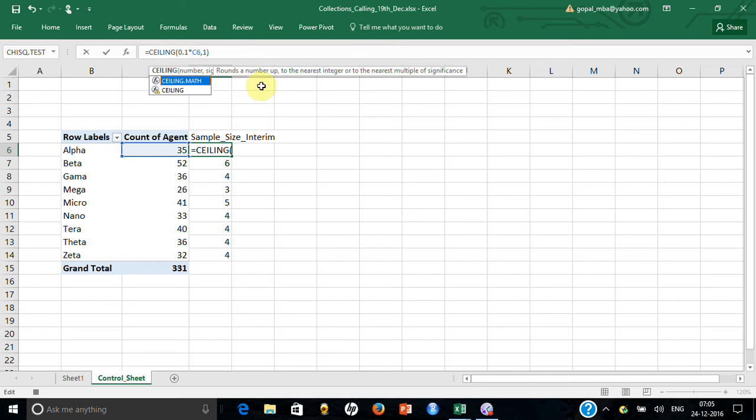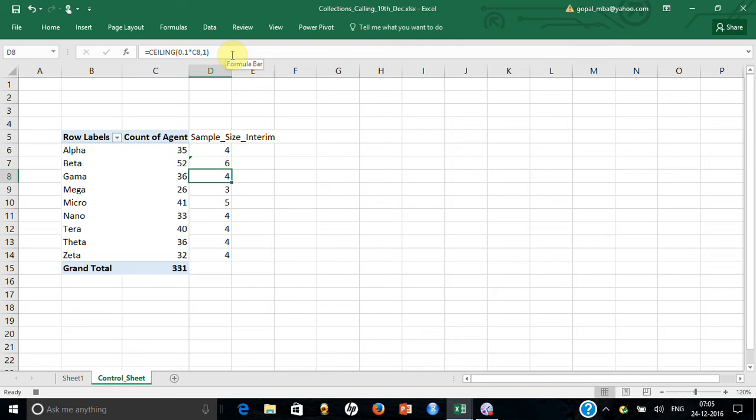Right. So if you look at, I'm done with the ceiling, but I need to put one more thing. In the case if it is less than 1, I need to actually take at least 1. So I'm going to put a formula which is like this: max, this and 1. That will ensure that every time at least 1 gets selected, right? So I did this here. I can actually drag it here, as well as I can go from here to here. So now I'm ready. I know for each alpha I need to take 4, for beta I need to take 6,